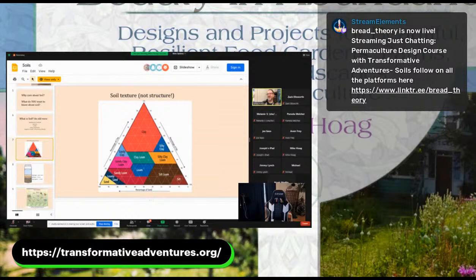So this is the soil texture pyramid. What this shows is that as the rocks of the earth weather, they weather into particles of about three different sizes. The largest particles are sand, and the smallest particles are clay, and in between the particles are silt. As we talk about soil texture, not to be confused with soil structure, we're always talking about clay, sand, and silt, and the different combinations of these.